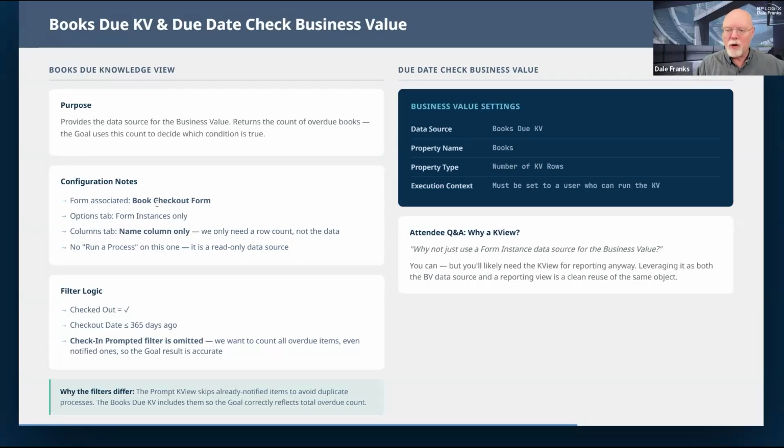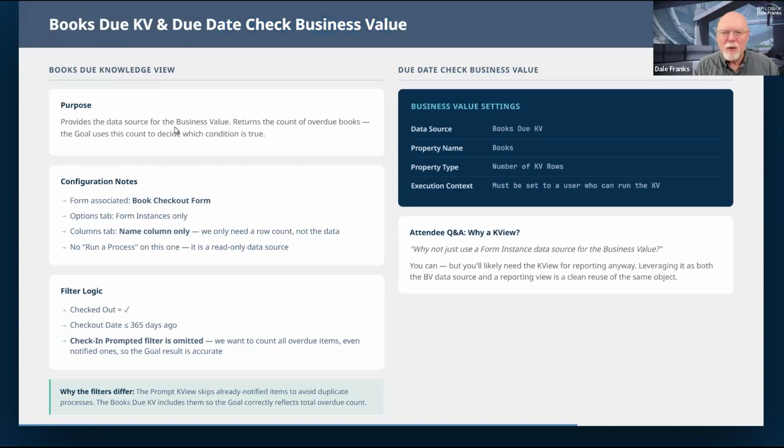It's just going to return the count of overdue books. So I'm going to have a knowledge view and a business value that basically just return the number of overdue books. And I'm doing that because I need to have a business value that I need to check for the goal that I'm eventually going to run.